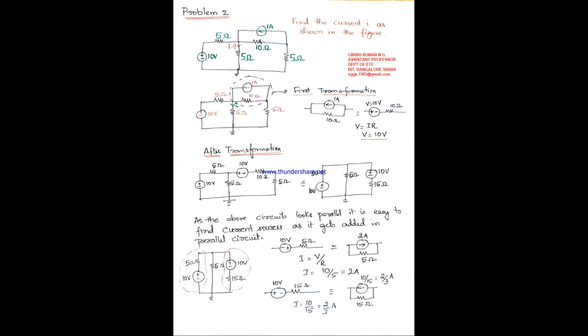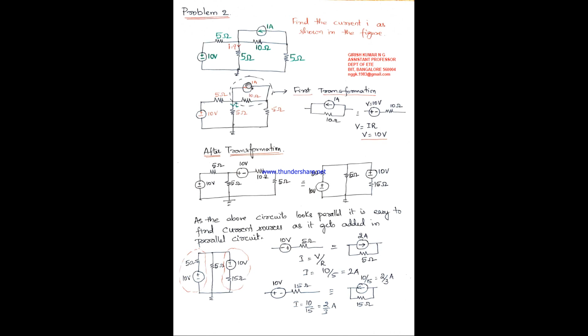So let me see if I convert the 10 ohms in parallel with 1 amp to a series network, where you see a voltage source in series with a resistance of 10 ohms. Then we'll see whether I can write the circuit in a different way. When I convert this to series, this 10 ohm resistor comes in series with 5 ohms. So it becomes very simple now.